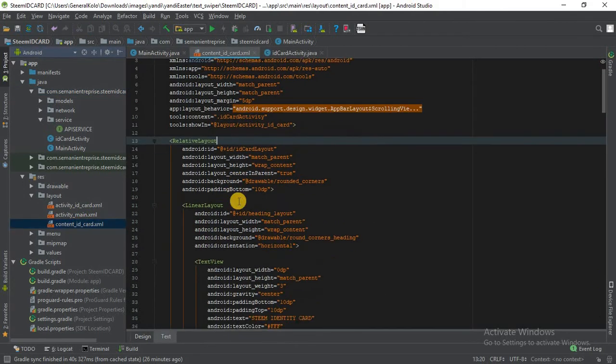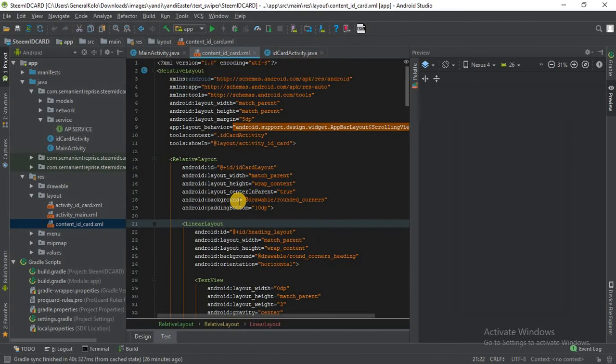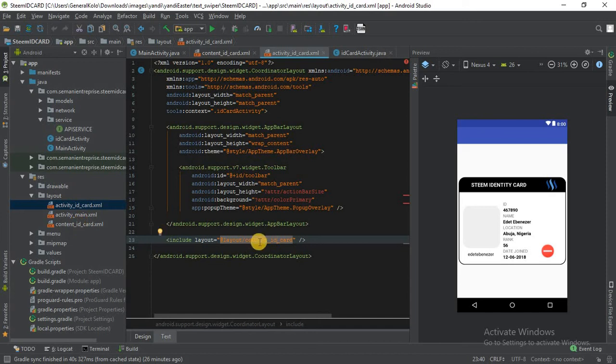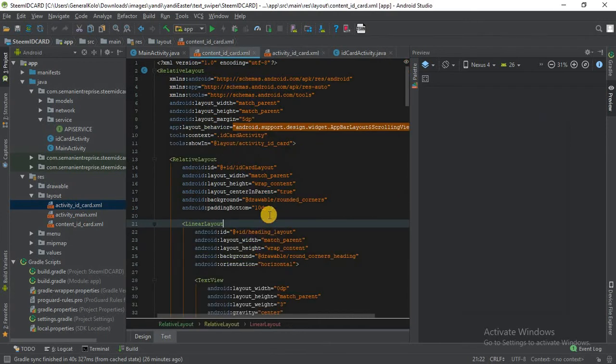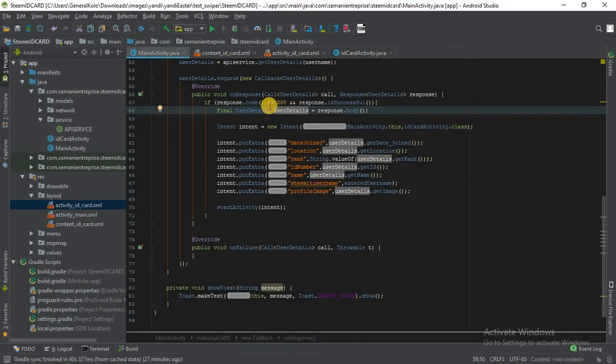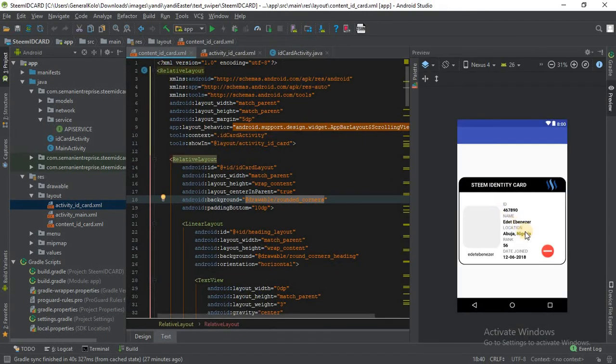Now this is where we are mostly concerned, because this is being included. An include statement is used to include this layout file, which is content underscore ID underscore card, for my app anyways. Now we need a layout like this. We'll populate this with the details being sent by the main activity Java class, and then when the user clicks on the save button, we are going to convert this to an image and save it in the user's